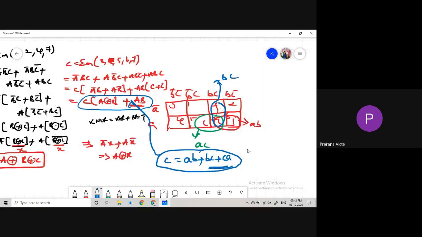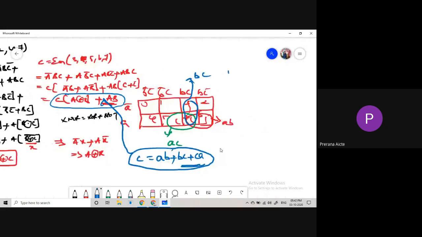One full adder is nothing but two half adders, right? This one is a half adder, and this one is also a half adder, so together this is a full adder. To represent one full adder, we require two half adders and one OR gate. How many half adders are required for a full adder? Two. How many OR gates? One. Based on this we draw the diagram.